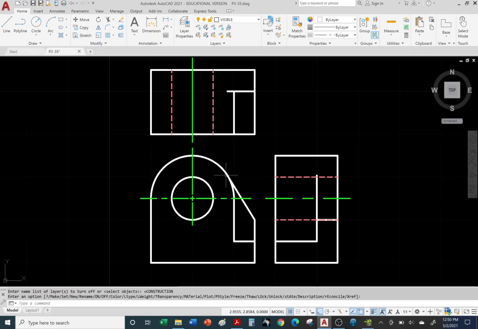Okay, so once again, do not use green center lines going from one view to another. You cannot use one going all the way across. They have to be kept separate. I just did a poor job of providing enough space in between the views. All right, so